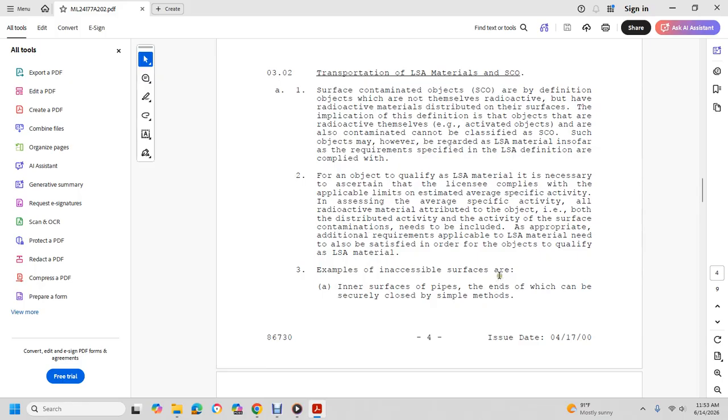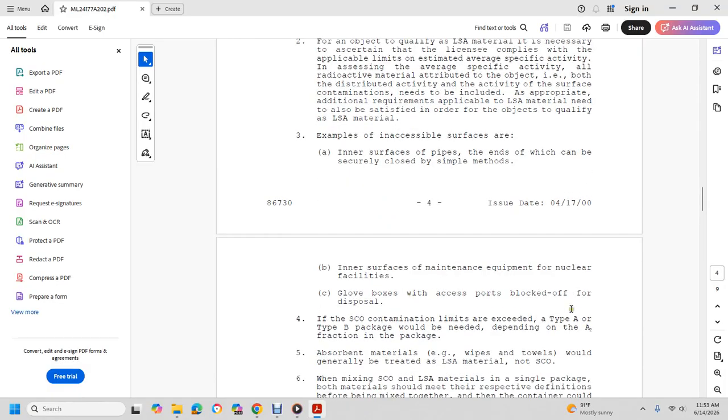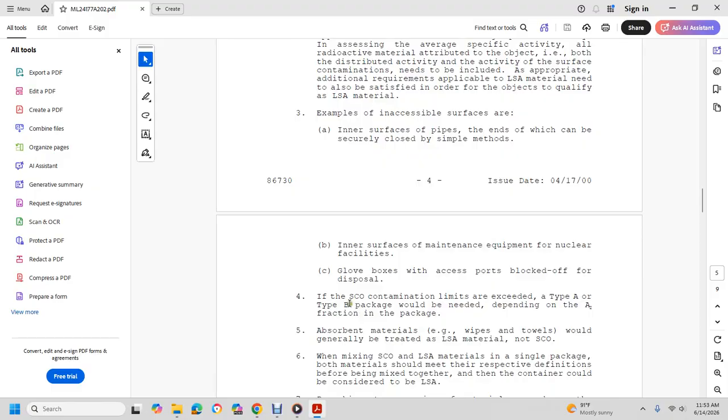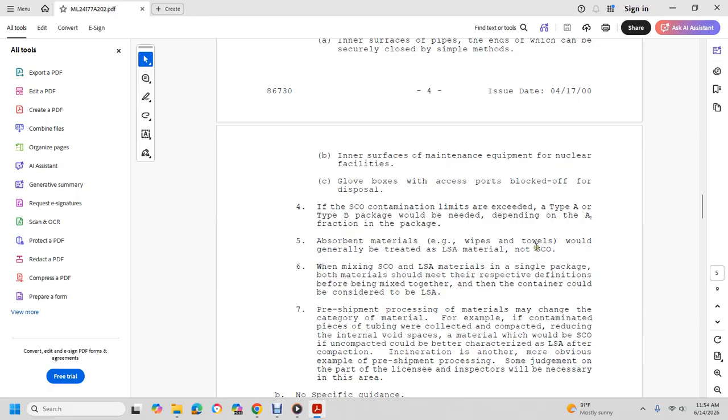Example: the inaccessible surface or inner surface of pipes, for the ends of which can be securely closed in simple methods. Inner surface maintained with the equipment of the nuclear facility, glove box with the access ports blocked off, with the disposal of the surface contaminated objects. Contamination limits for the Type A or Type B package would need, depending on the Type A2 fraction over the package. Absorbent material such as wood would generally be treated as LSA, not as surface contaminated object. When mixing surface contaminated object with the LSA material in a single package,